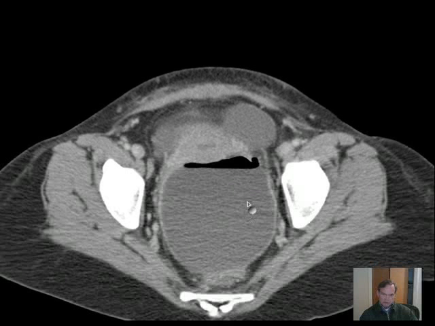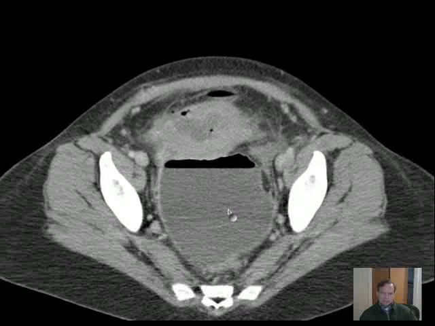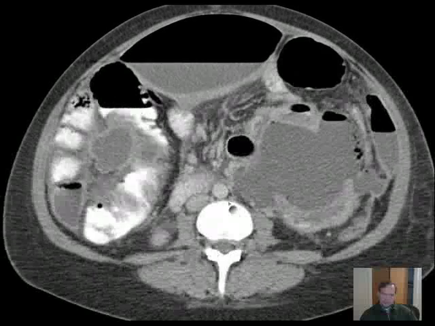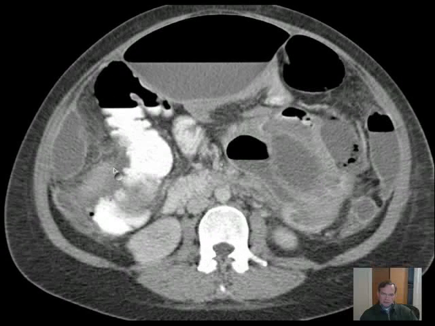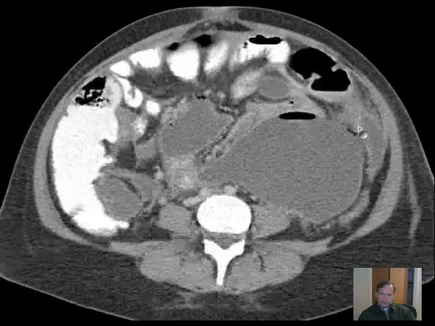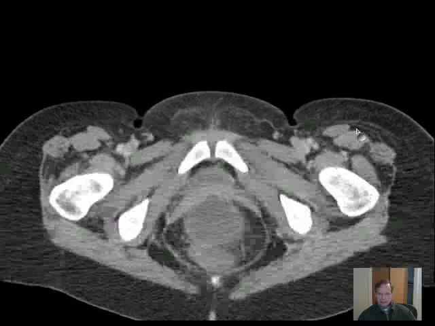So if there's an infection, and multiple abscesses will certainly satisfy that requirement, then these multiple abscesses distend and fill up various portions of this peritoneal cavity. So what you're seeing then is the virtual spaces of the peritoneum, or of the peritoneal cavity, being distended and filled with infectious processes, multiple abscesses containing various amounts of fluid with pus and air. So this gives you a perspective on the peritoneal cavity that